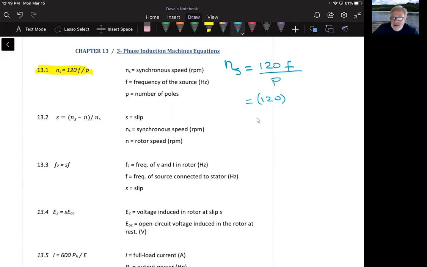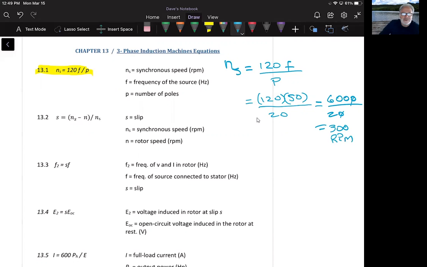The frequency is 50. The number of poles is 20. This is not a commonly occurring motor. A 20-pole motor would be very expensive to make just because of the complexity of it. But anyway, 50 times 120 is 6,000. 6,000 divided by 20 is going to be 300